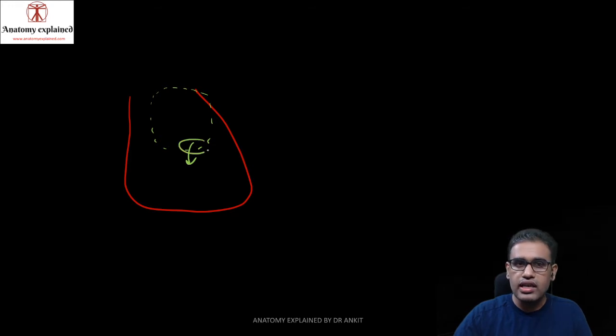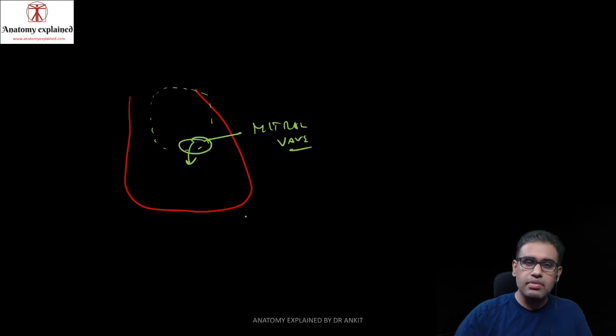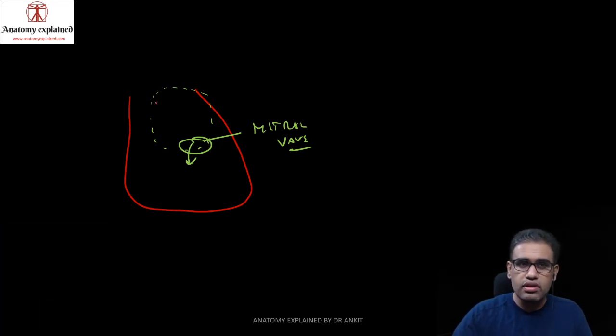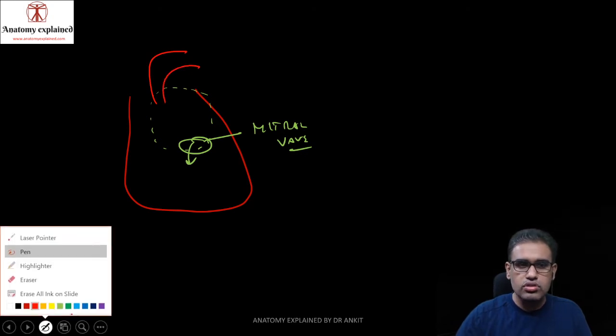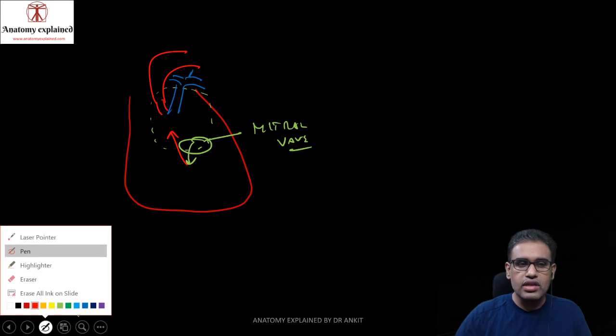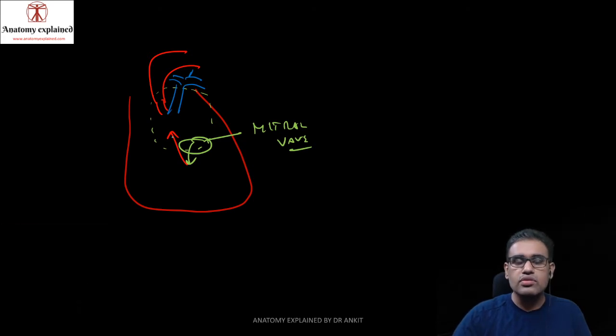That is the area of the mitral valve. Now, as the blood is going inside over here and wants to come out, we know that we make the aorta like this, and we also make the pulmonary trunk like this, and the two pulmonary arteries, and the ligamentum arteriosum. Therefore, as the aorta is lying more on the anterior side, the outflow part has to be more on the anterior side, and this would roughly correspond to your aortic valve.